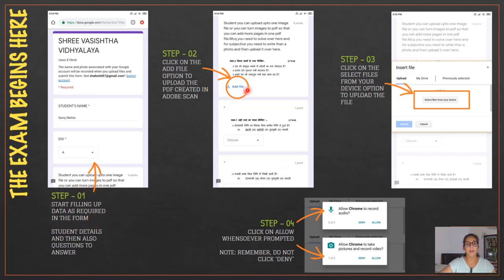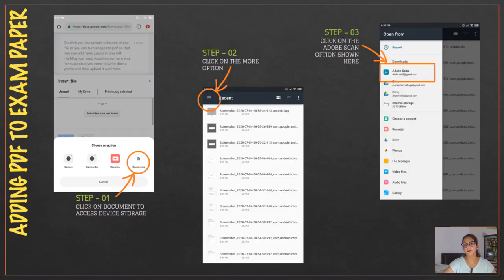Click on the Add File option to upload the PDF created in Adobe Scan. Click on the Select File from your device option to upload the file. Click on the Allow button. Make sure you do not click on the Deny button. Once you click on the Select File option, click on the document to access device storage. Click on the More option.